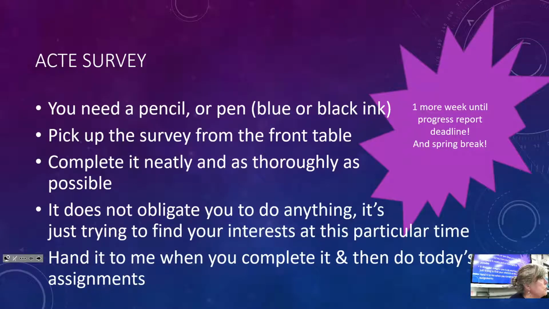Okay, so when you finish the survey, bring the survey to me. And you can start on your lesson check on today's assignment. And then you can look forward to the coding assignment. And when I see that everybody has completed the lesson check, then I will go over the planning portion of the